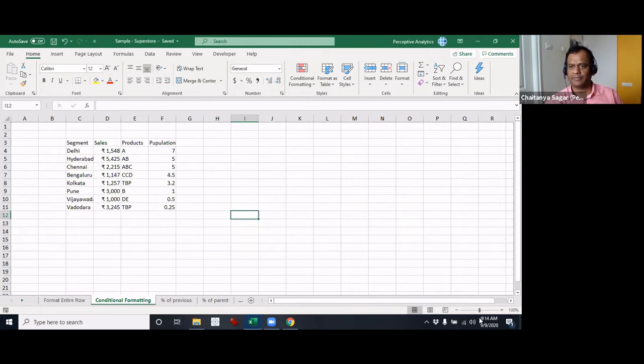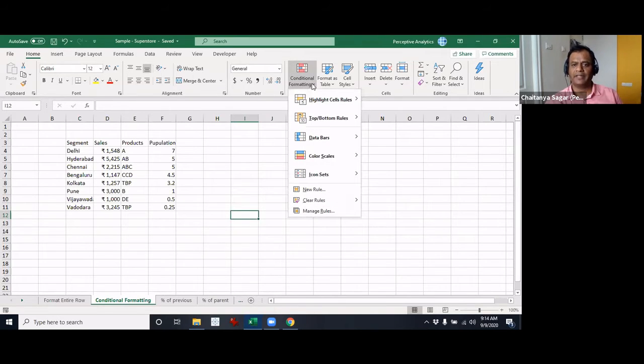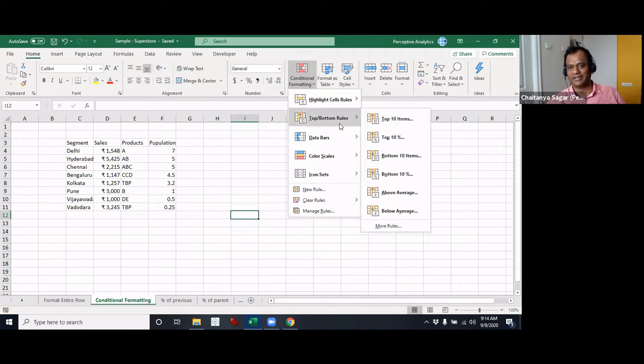Okay, so I'm sure you guys are aware, but this is where you get conditional formatting, right on the top, and there are various options. I think today we will understand how this works. I think it's there, but we may not have used all of them. We will get to know all of them. So that's what we'll do today.